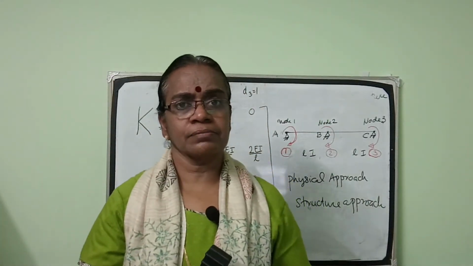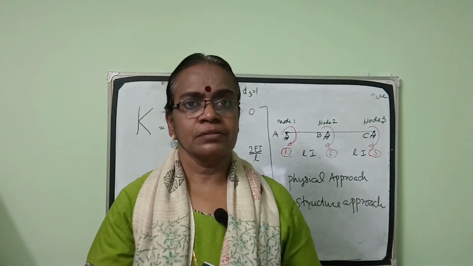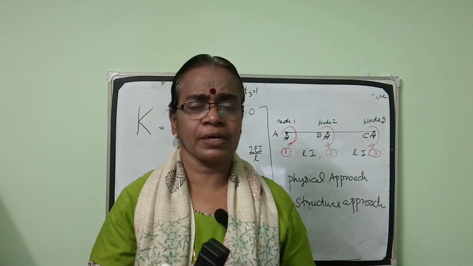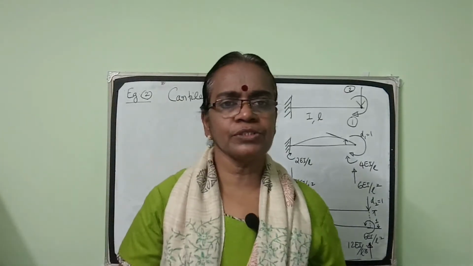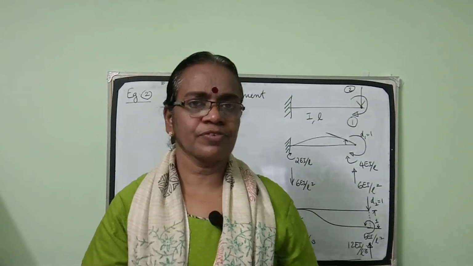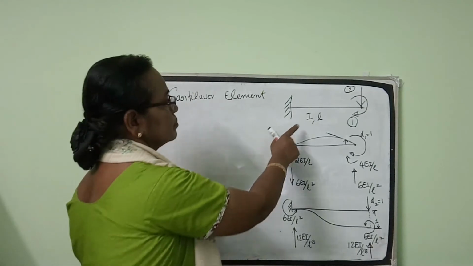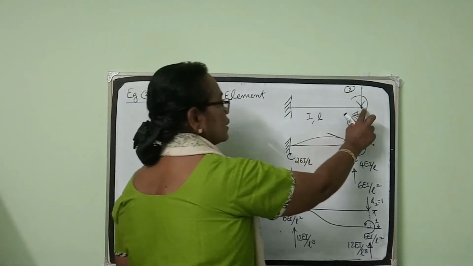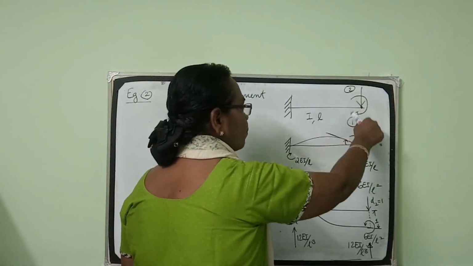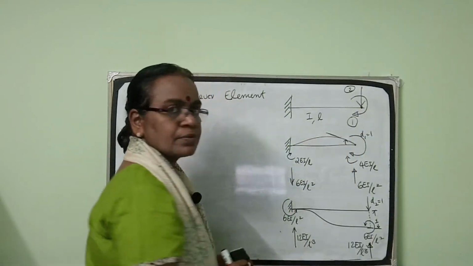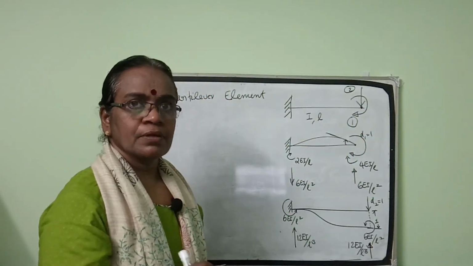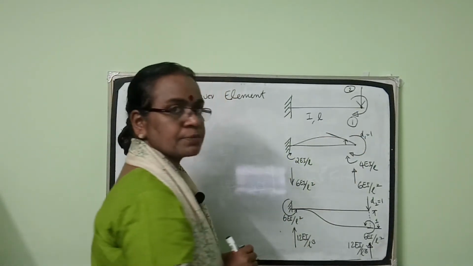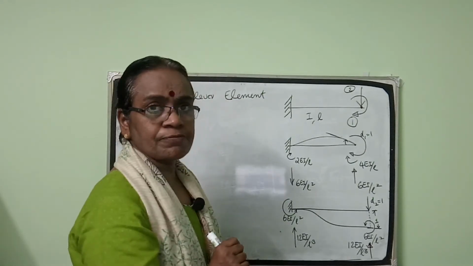Okay, we'll illustrate one more example of how to arrive at the stiffness matrix for given coordinates to make it more clear. Now I'm going to illustrate a second example. I'm considering a cantilever element, a cantilever with moment of inertia I and length L. The degrees of freedom for a cantilever are the slope and the deflection at the free end. Coordinate 1 is the slope, and coordinate 2 is the vertical displacement at the free end. How to develop the stiffness matrix?